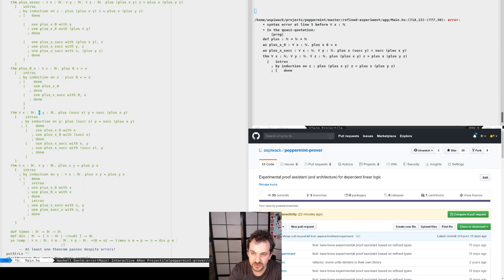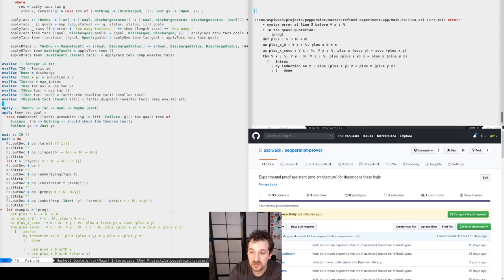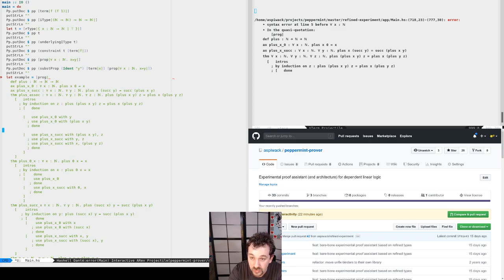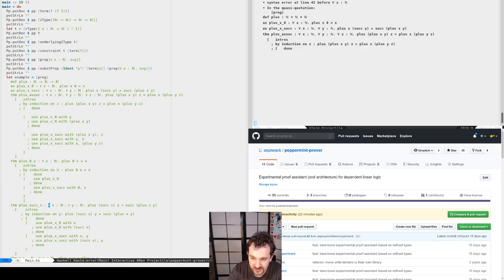I'm not sure I should use colon as the symbol for that, because contrary to the proofs as propositions as types thing. Plus succ x. Oops, that will not work for sure. But yeah, I need the colon here. A proof is definitely not the same as a term in this.